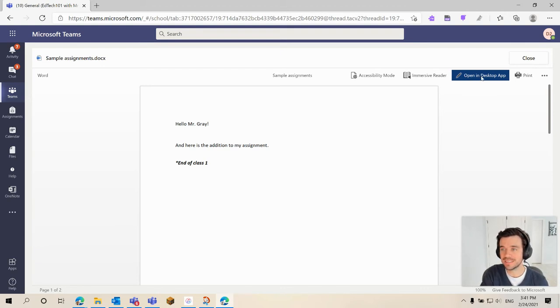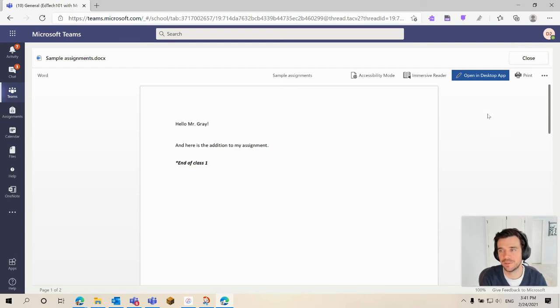They could open it in the desktop app, but it's going to be a read-only file. Teams has now adjusted the sharing permissions of this file that you as the teacher are the owner of, and they no longer can make any edits to it. So even if they open it in the desktop app, it's read-only for them. So that is the way you want to structure this if you want to keep them working on it